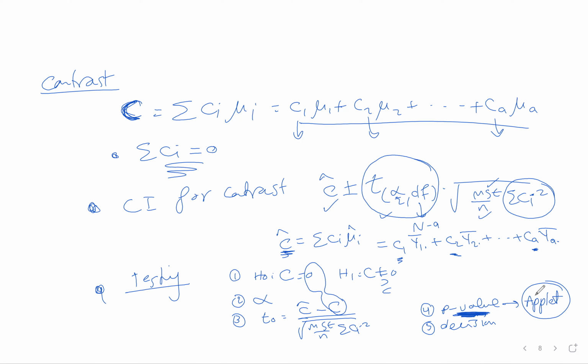Okay, thank you. But if you'd like to calculate it for the homework, you need to have 3 numbers first. You need to know what is T0 before you go to the applet. What is the degree of freedom before you go to the applet? And the alternative is greater than or less than or doesn't equal. You plug in these 3 pieces of information in the applet, it gives you the p-value. So in the homework, I should calculate this one. In the homework, you should be able to find this value using the applet.